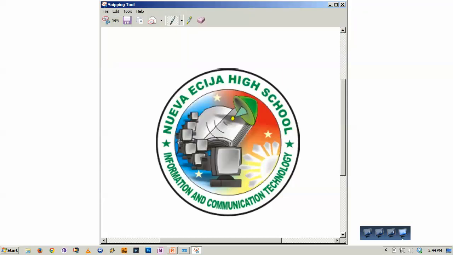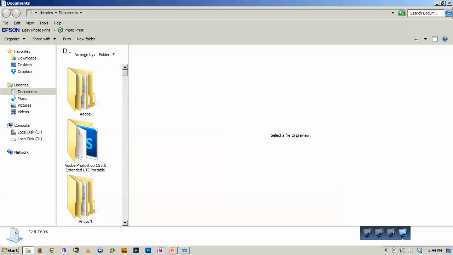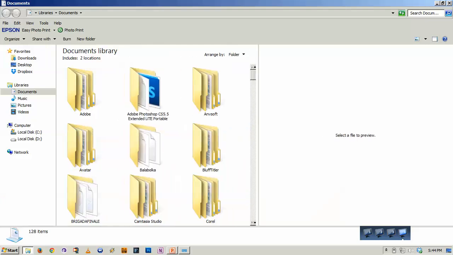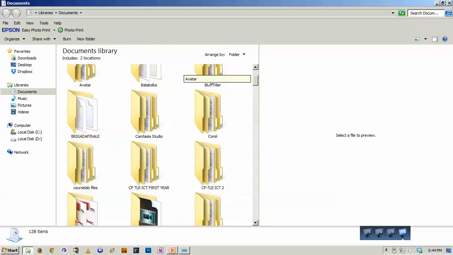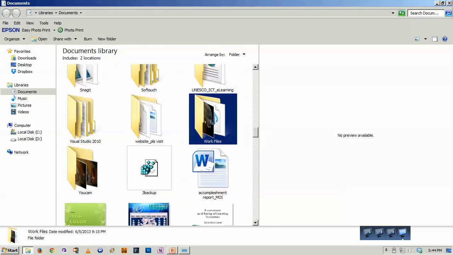Let's close this application. Look for it on the documents. So let me just widen this one, and let's just select one icon and then type the first letter of the file name that we have saved our file.